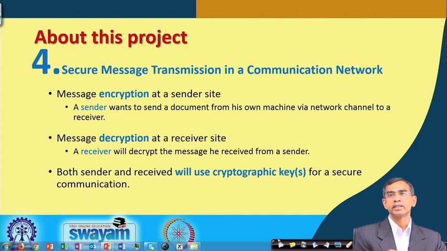Encrypted means it is changed so that nobody can read it, even if they open it, they will not be able to get the meaning of it. So, this is the idea about encryption, and whenever you want to send a document, say written in Word or PDF, no problem, you can consider simply a text document in RTF or whatever, using a text editor.